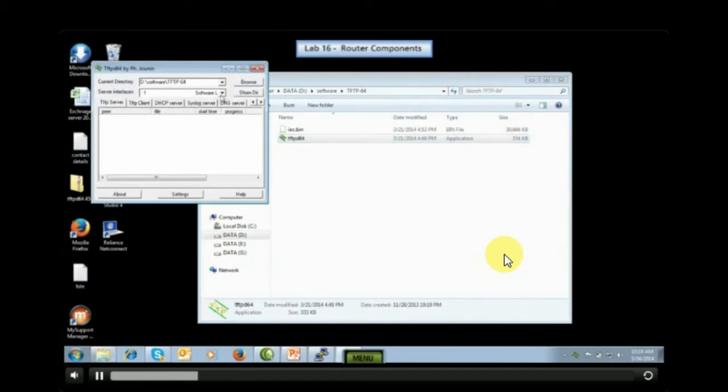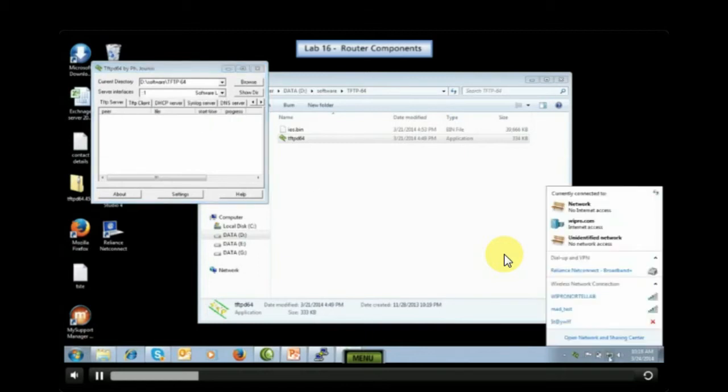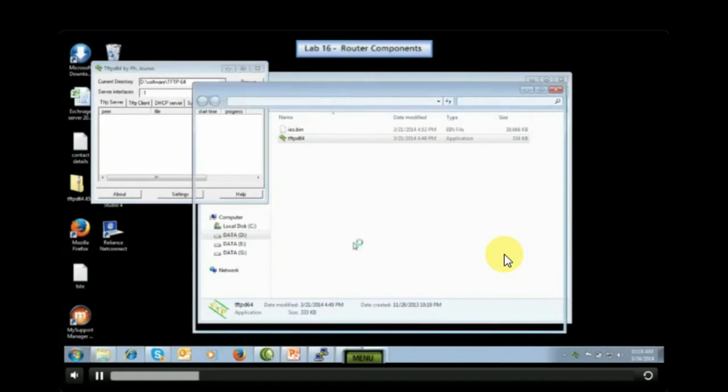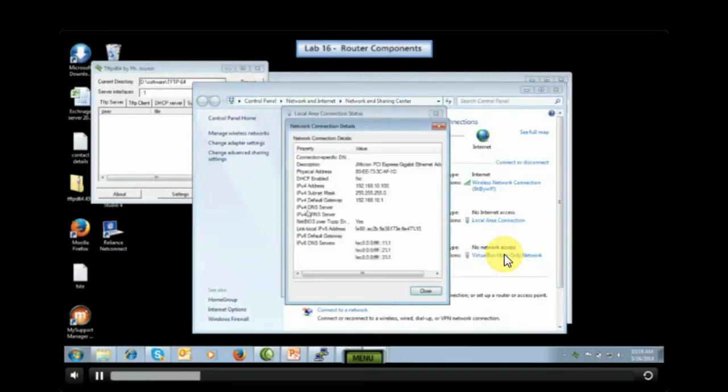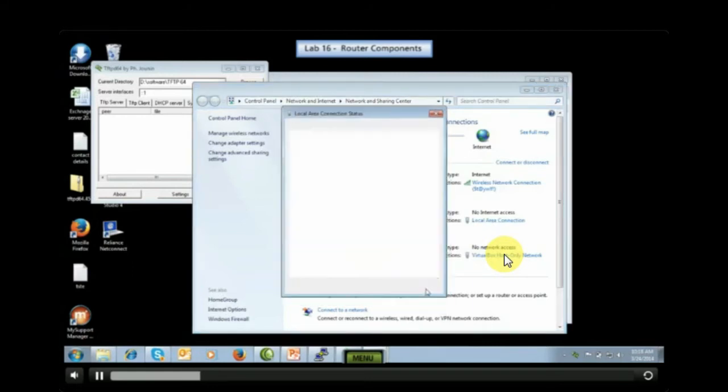You have to ensure which interface you have configured, so that also you need to check. Let me check the interface IP address: 192.168.10.100.